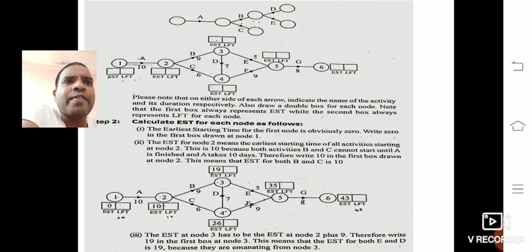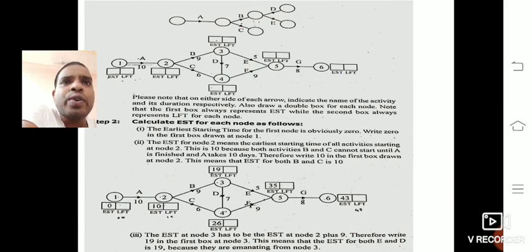Nodes 1 to 6 are there, and we have placed the activities. For A activity, nodes 1 to 2, for B activity 2 to 3, for C 2 to 4, for D 3 to 4, for F 4 to 5, for E 3 to 5, and for G 5 to 6.